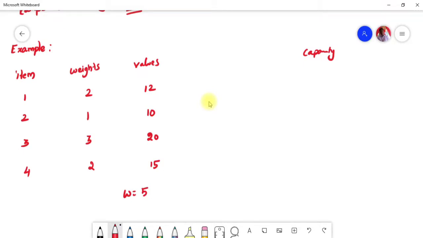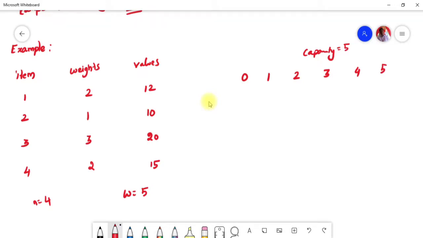For that, you first have to find the total number of items, which is n equal to 4, right? And then the first step is to start from 0. The capacity is 5, that means up to 5 you have to write: 0, 1, 2, 3, 4, 5.